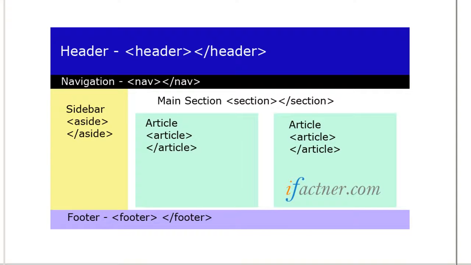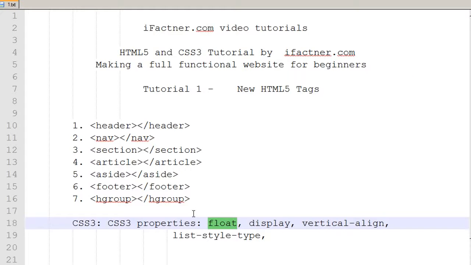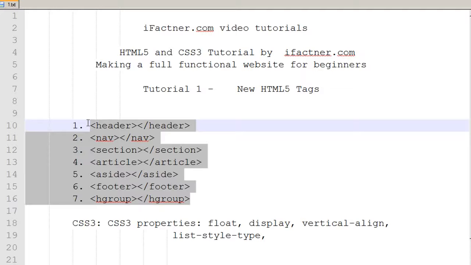HTML5. So guys and girls, this was the introductory tutorial number 1 of HTML5 and CSS3 tutorial. In the next tutorial, we will be developing our template, and we will be developing an external style sheet, and we will be linking our page with that external style sheet, and we will be using these tags in our next